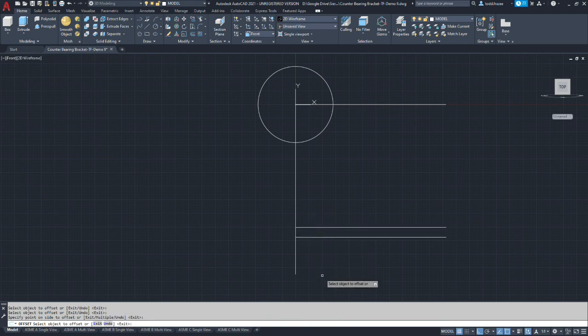Okay, the flange width is a wall thickness of 19 millimeters. So again, by hitting enter, you can repeat the command. We're going to type in 19 millimeters and we'll offset straight up. Most of the horizontal lines we need to construct the profile of the part are now in,